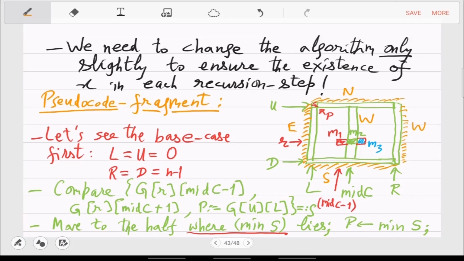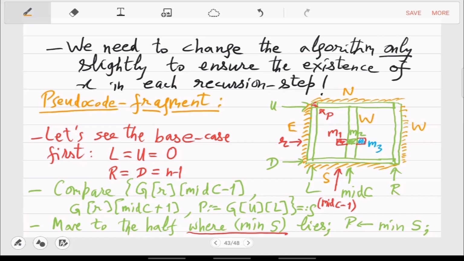From the picture, you see that we have made sure that there is a point, namely here we have defined it to be P. Already we have this P available, that is smaller than the north, east, and south cells. And now when we make mid C the new western boundary, every cell there is bigger than P, right?